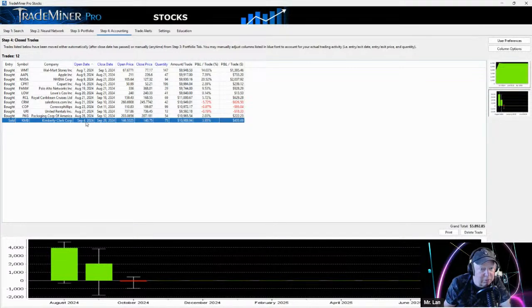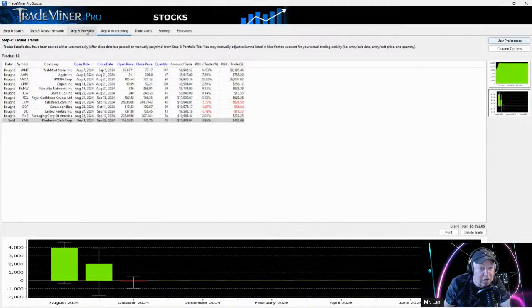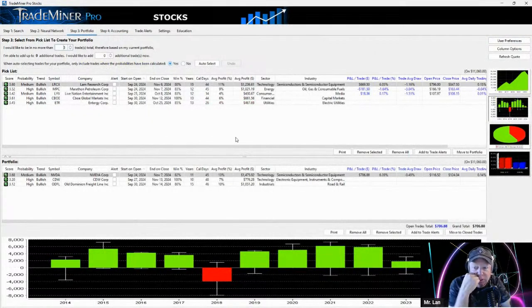So that was September 4th to September 26th. So that just closed out yesterday. So we come in here. I actually think we closed that one out early. We come in here, portfolio, or maybe it didn't, and I just closed out. We're in here on the portfolio now. This is the portfolio side, and this is what we've got going. So we've got three down here. This is what we've got trading. First one started September 24th, so a couple days ago, and it goes till November 7th, and it's already up $706. We're trading the bejesus out of